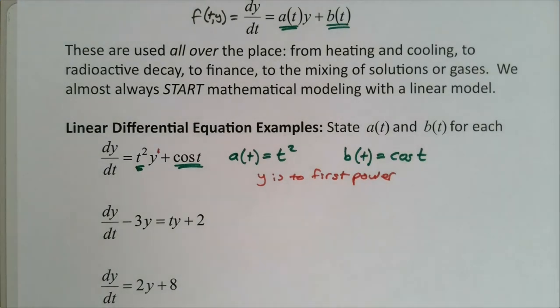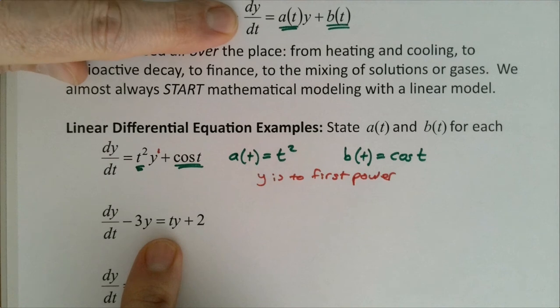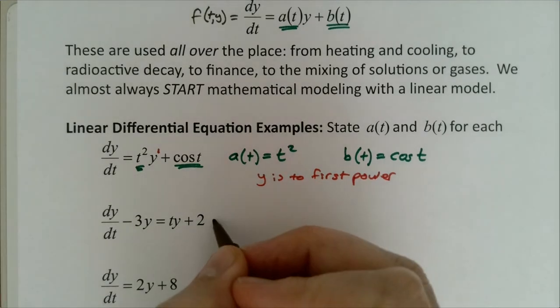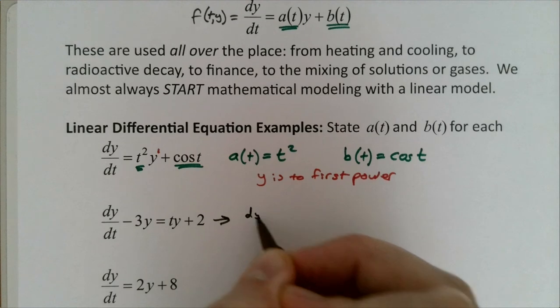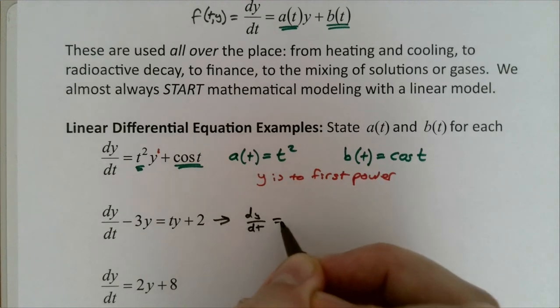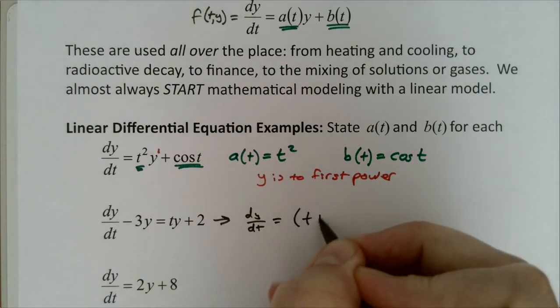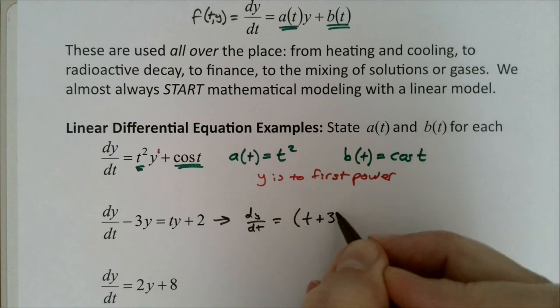And in the second case, you'll notice it's a little different, but we have to have it written in this form in order to do a direct comparison. So I'm going to have to rearrange this a little bit here. I'm going to rewrite this as dy/dt equals, and I'm going to move the 3y to the other side and group it together with this guy right here. We'll wind up with t plus 3 times y